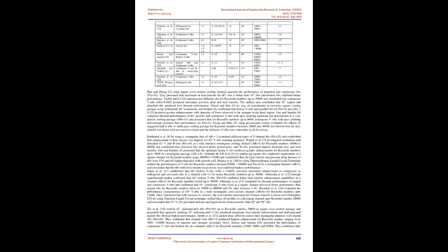Published work relevant to the current study has been highlighted in Table 1 and discussed subsequently. Han and Zhang 1, using a square cross-section cooling channel, assessed the performance of detached and continuous ribs, P/E equals 10. They presented that increment in heat transfer for 60 degrees ribs is better than 45 degrees ribs, and broken ribs exhibited better performance. Taslim and Li 2 experimented with different ribs for Reynolds numbers up to 30,000 and concluded that continuous